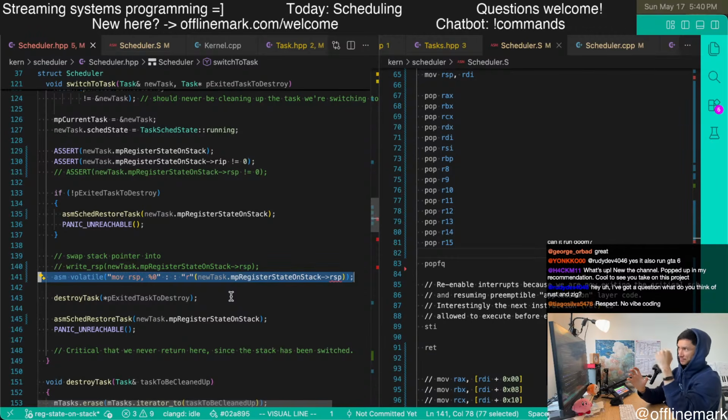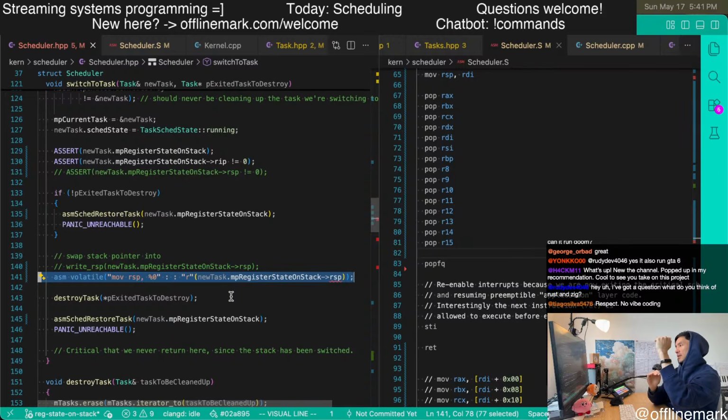And so it's not sound to free that stack while we're still running on it. That's the problem. We're exiting the task, we want to destroy the resources and clean everything up, but we can't do that because we're actually still on the stack.